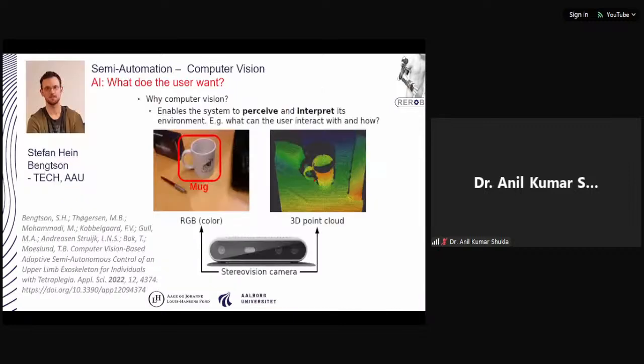And the Exotic is intelligent, so it can detect what the user tries to pick up, for example, a cup, and then automatically move the exo towards it to grasp it, as long as the user still activates the tongue control system. So it's shared control. And you can see this in